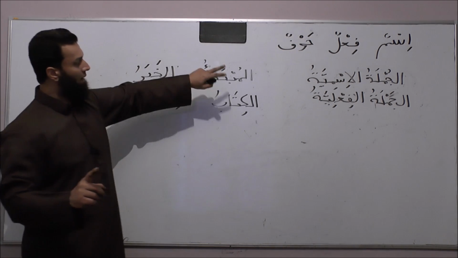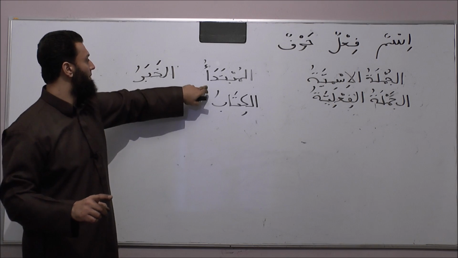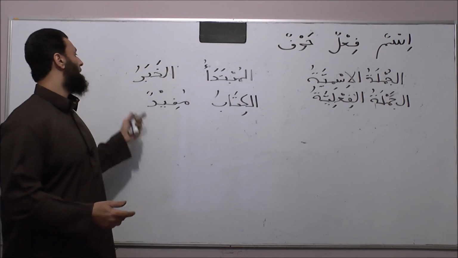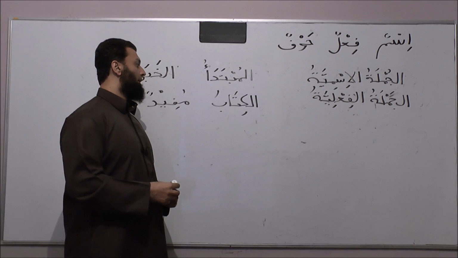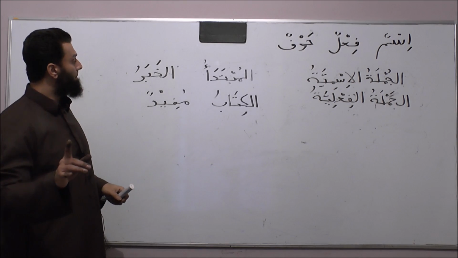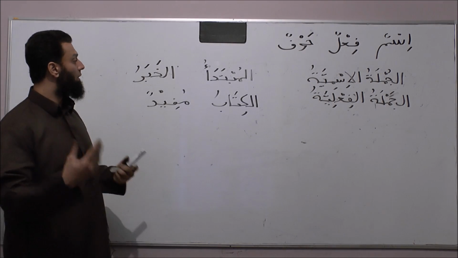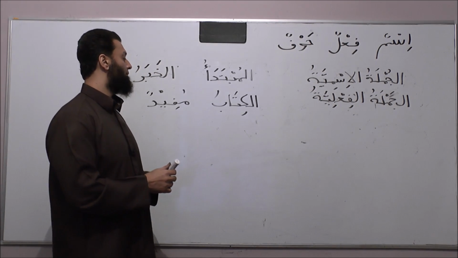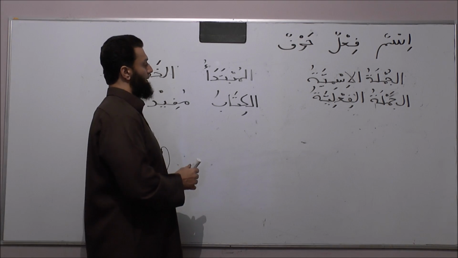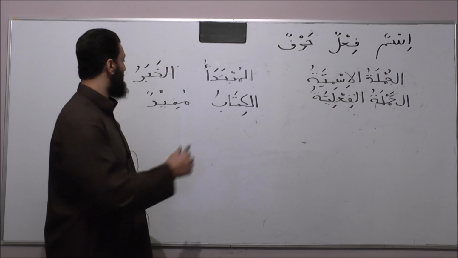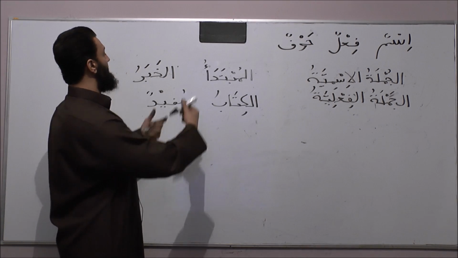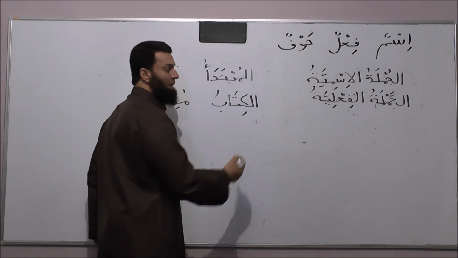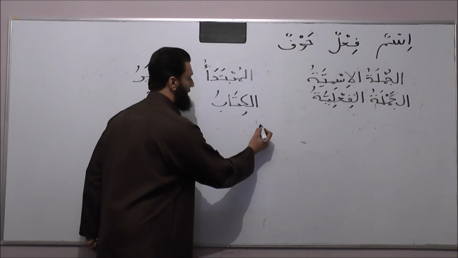Now, al-jumlatul ismiyya comprises two parts, al-mubtadu and al-khabar. Al-mubtadu, I should have mentioned, is like the beginning or the introduction. Al-khabar is the information. What some learners become confused with when speaking about al-jumlatul ismiyya is that when we add a word describing al-kitab, they want to make that al-khabar. For example, if we want to say the large book is beneficial,